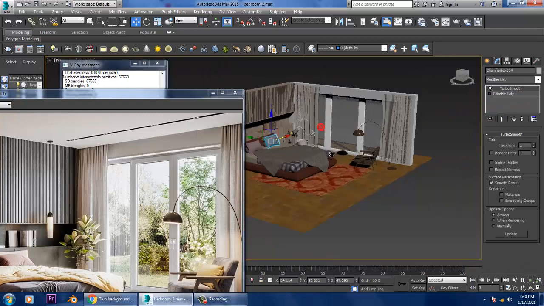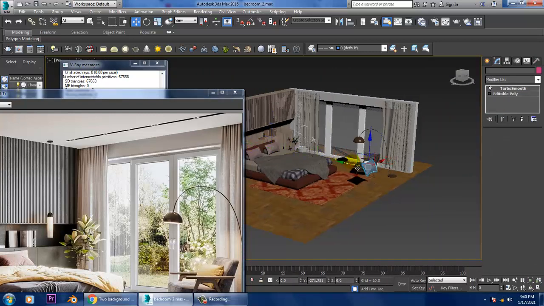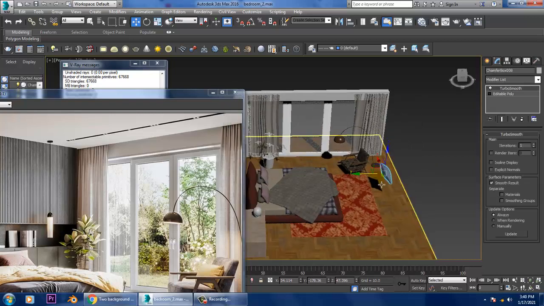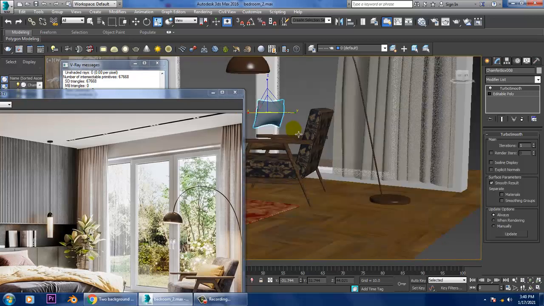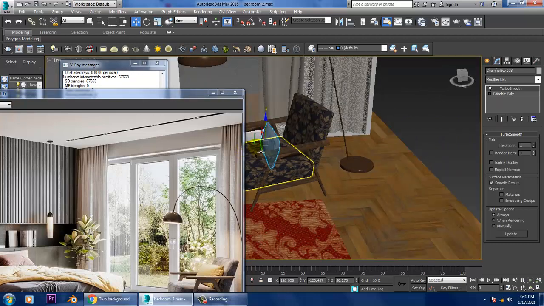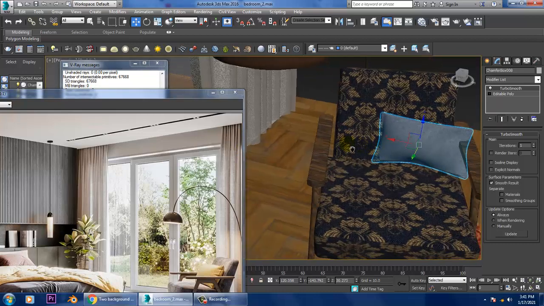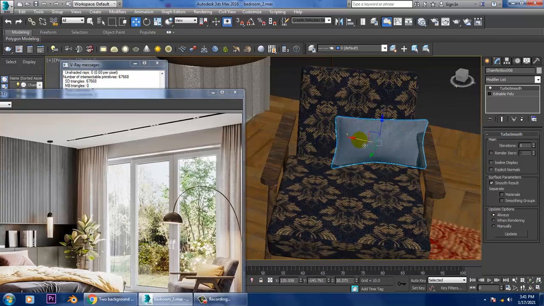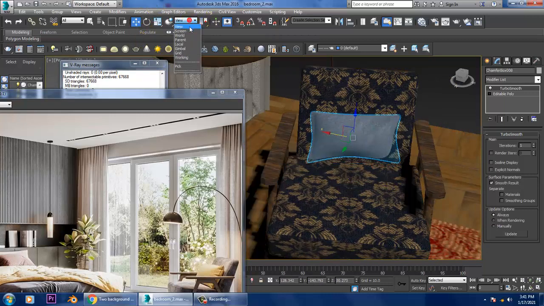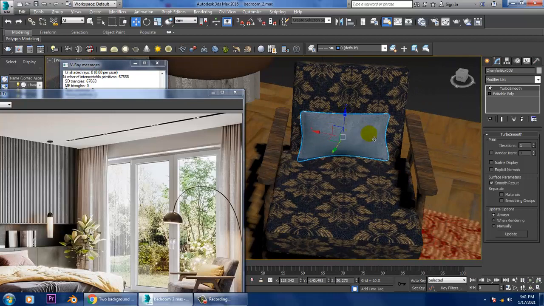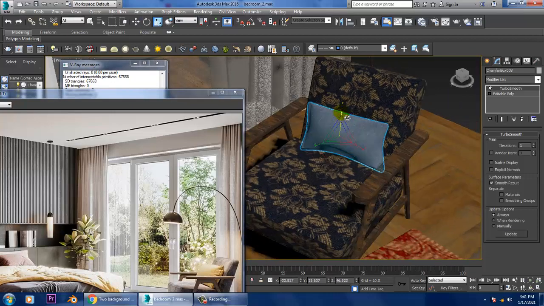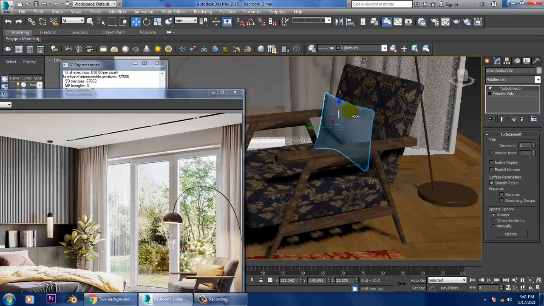And we can also take one more copy of it and slightly resize this. Push it over here so we can rotate it. Okay.